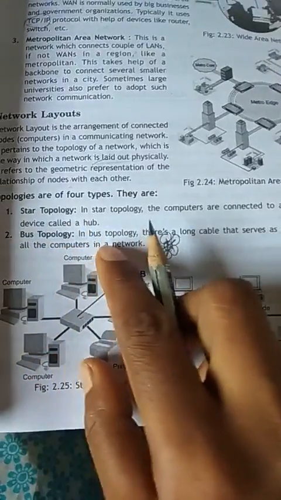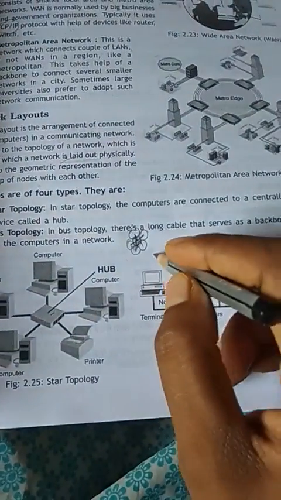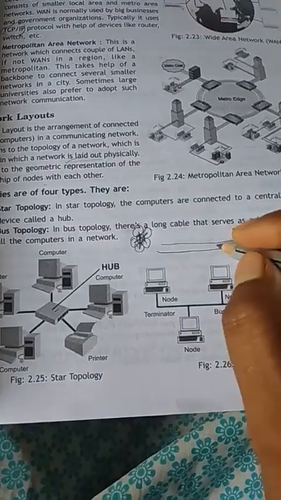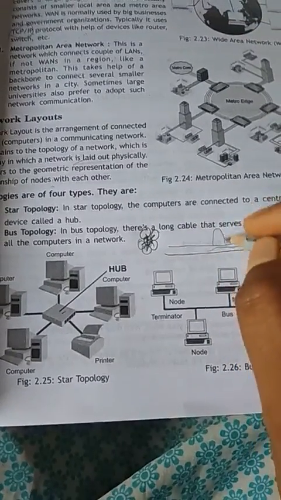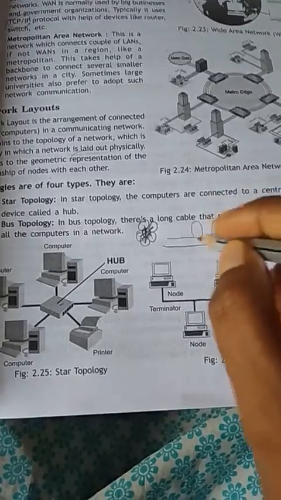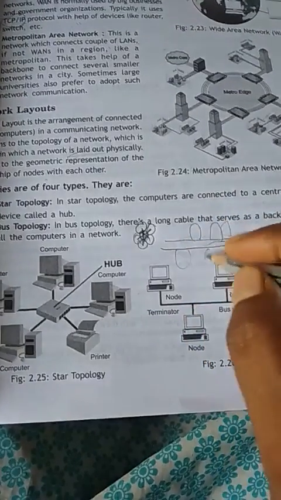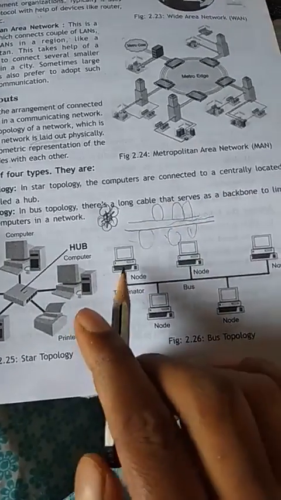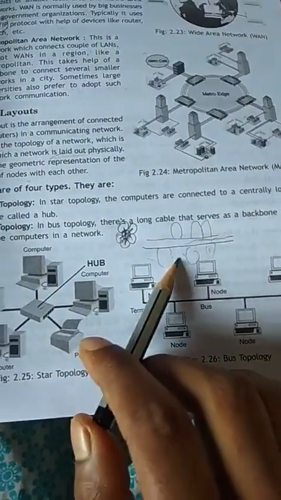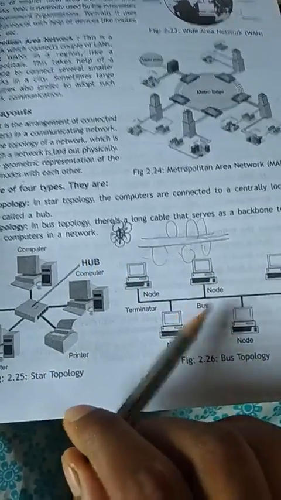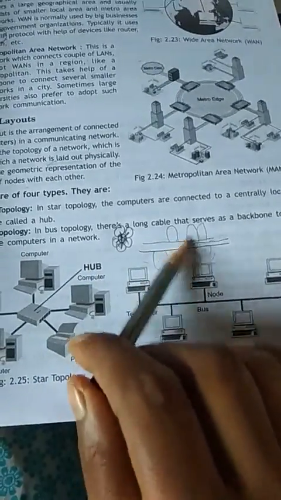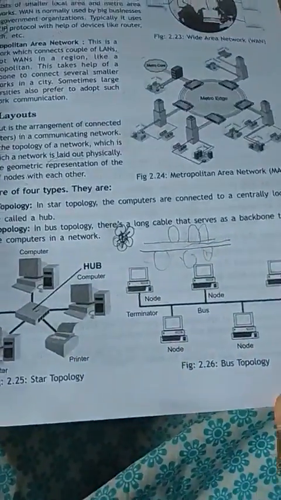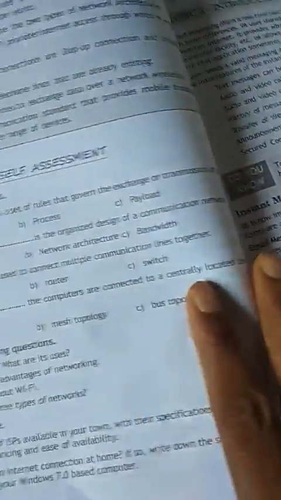And bus topology. What is bus topology? In a bus you can see that there are two seats, okay, one on one side and the second on the opposite side, and the people will sit there and there. Similarly in computers, we can arrange the nodes in this type of topology. That is why it is called bus topology. Okay, so your second topic is completed.